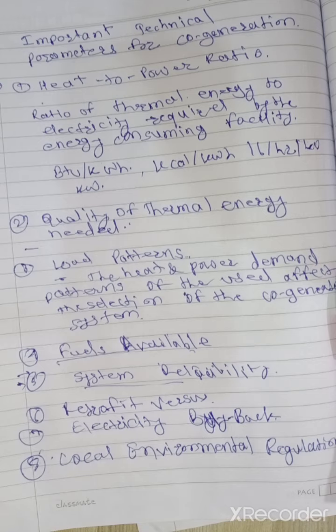It is also called CHP, that is combined heat and power. Cogeneration means combined heat and power. It is defined as the sequential generation of two different forms of useful energy from a single primary energy source, typically mechanical energy and thermal energy. Mechanical energy may be used to drive an alternator for producing electricity, or rotating equipment such as motor, compressor, pump, fan, etc., delivering various services.